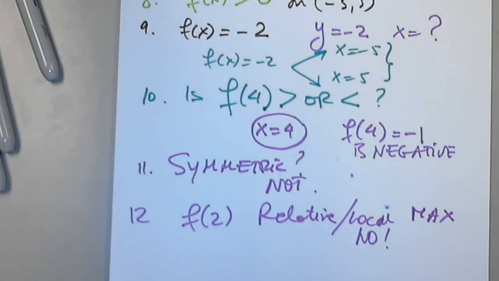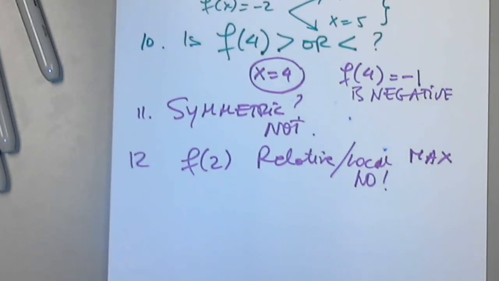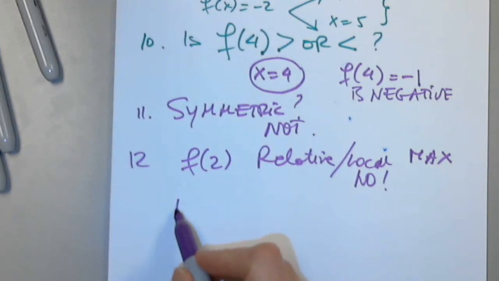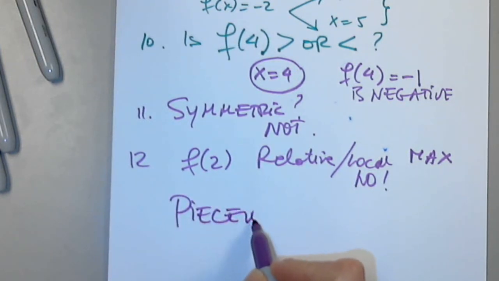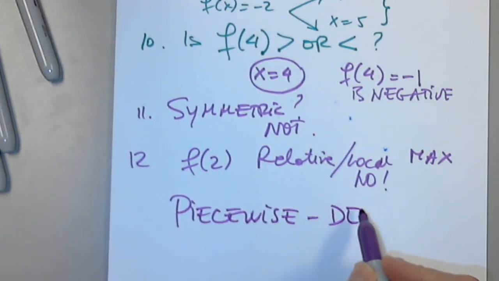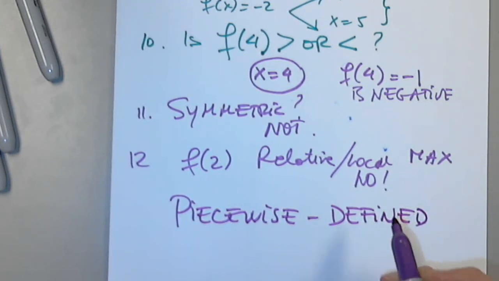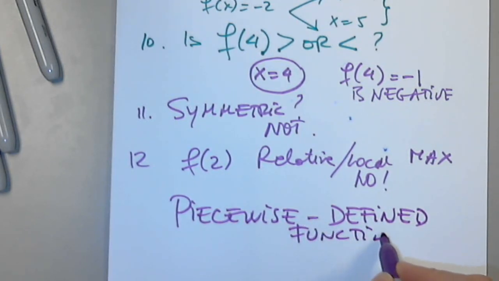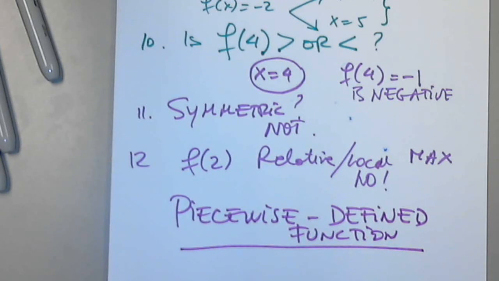Okay, I would like to graph a piecewise defined function. Can anyone give us an example of a piecewise defined function? Why would we even